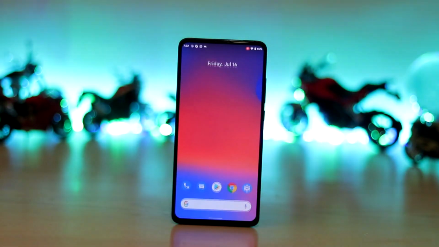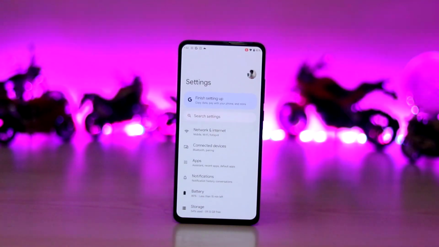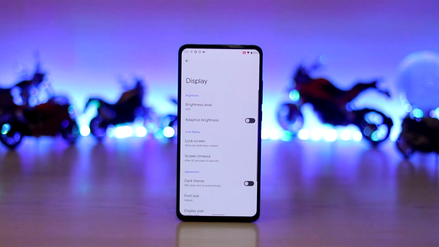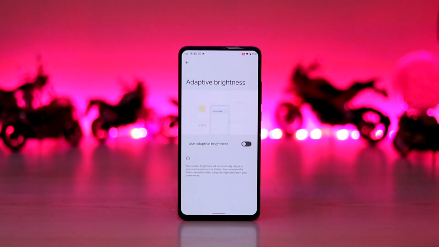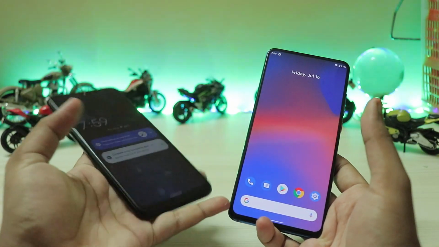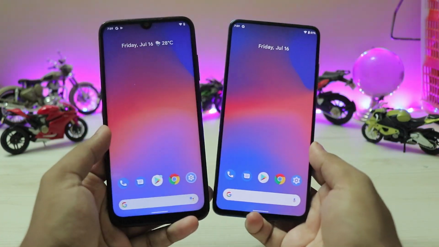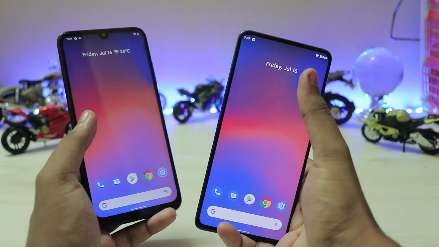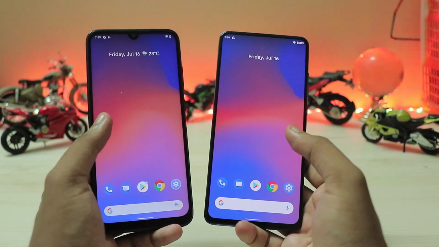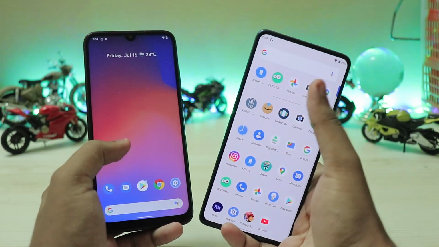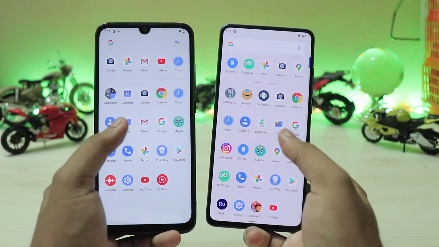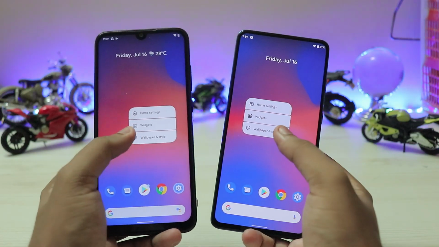So I won't be going through each and every single thing that the Beta 3 has to offer, because I think more than a handful of people have actually covered it on Pixel devices much better than me. So just compare it with the Beta 2.1. I have my Redmi Note 7 Pro currently on the Beta 2.1, and as you can see, the home screen just looks pretty much the same. Again, you have the At a Glance completely working, whereas it's been replaced by Live Space right over here, and it's just a bit broken. So again, if I just go here, my Google bar is a bit broken, but yeah, looks pretty much the same. Again, some of the things have been changed right over there.